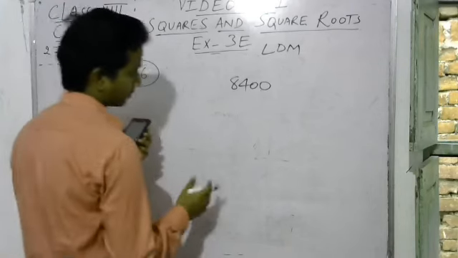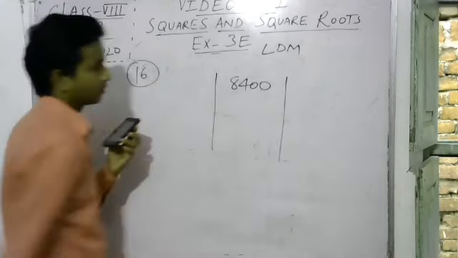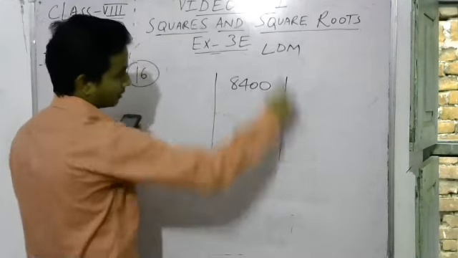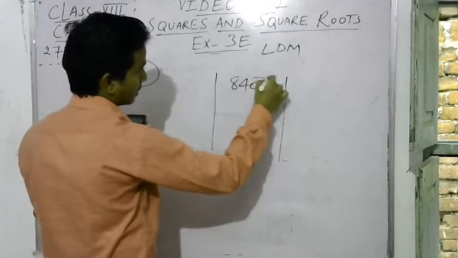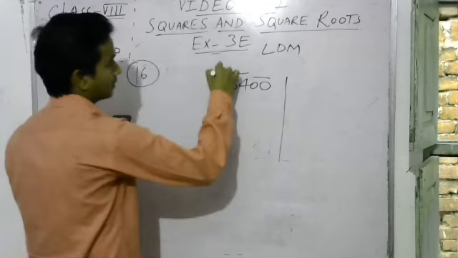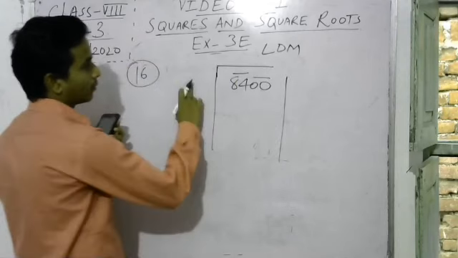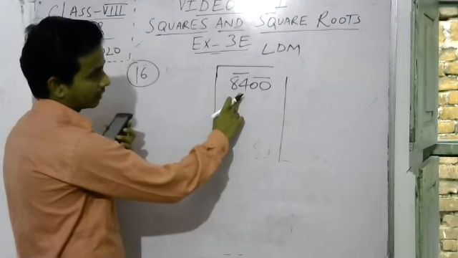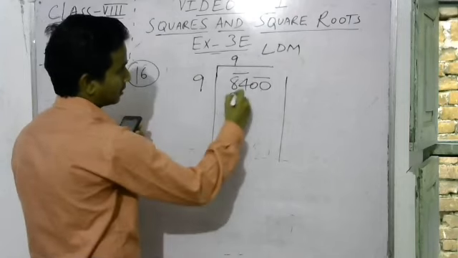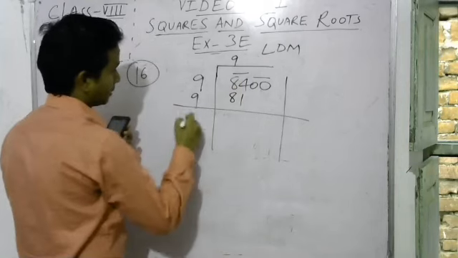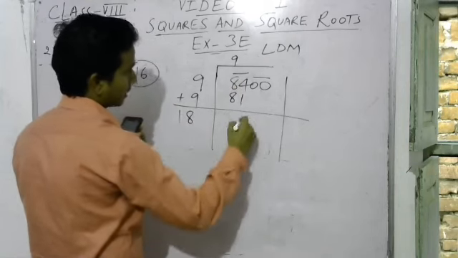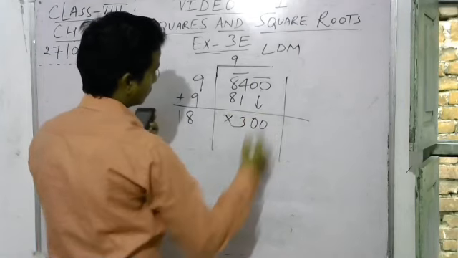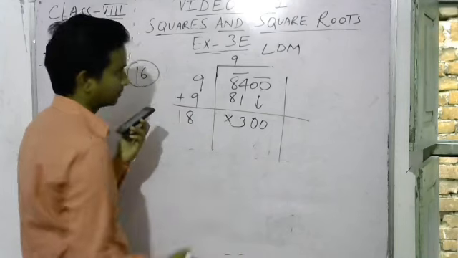So how do we deal with such a type of question? First thing is, you have to find the square root. Square root, you know how to find. Make two bars, start grouping, and again, by what number should we apply here? 9 nines are 81. So here 9, add this 9 together, you will get 18, subtract it, you get 0. Now this 84 will come down, you will get 300.